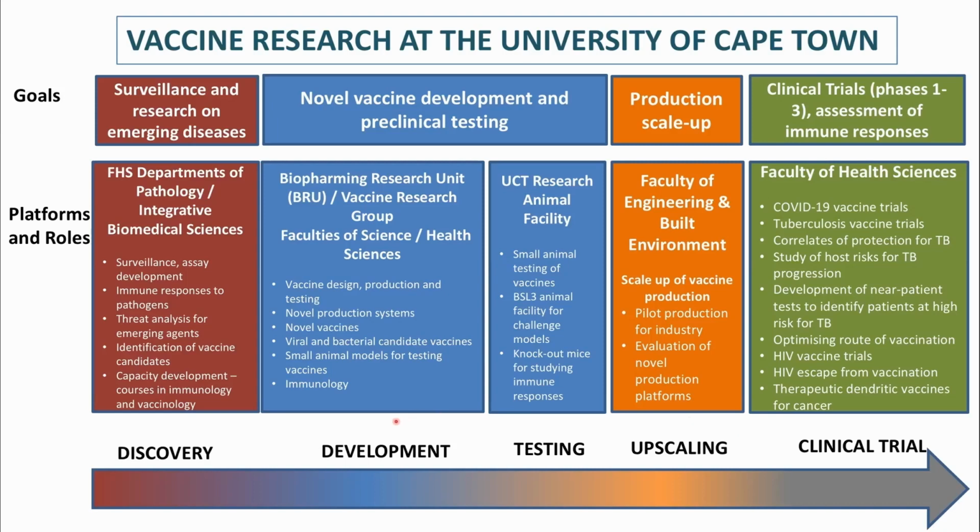So in other words, one could go all the way from discovery through to clinical trial on the same set of vaccines that we would get via surveillance from departments of pathology and integrative biomedical sciences, through novel vaccine development and preclinical testing with the group's Biopharming Research Unit that I direct and the vaccine research group of Professor Annelies Williamson that are in the Institute of Infectious Disease and Molecular Medicine in faculties of Science and Health Sciences,